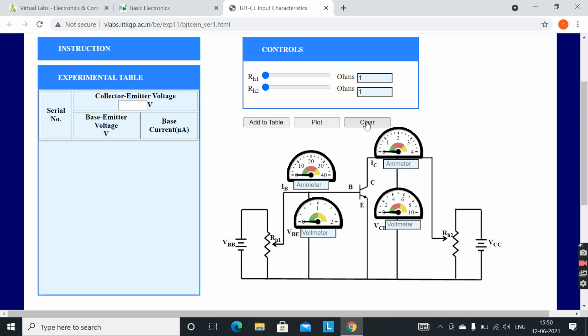So here again, let me adjust the value of RH2 so that the VCE is 2 volts. Okay, so here it is 2 volts. Now we will again change the value of RH1 in regular intervals. Suppose now we are taking, you have to take it in the same interval as it was taken earlier. So 5 ohms, then add to the table, 10, add to the table,